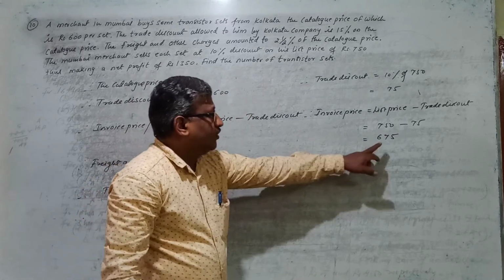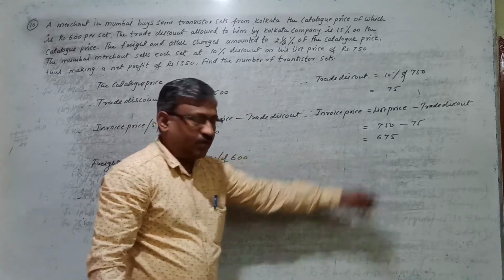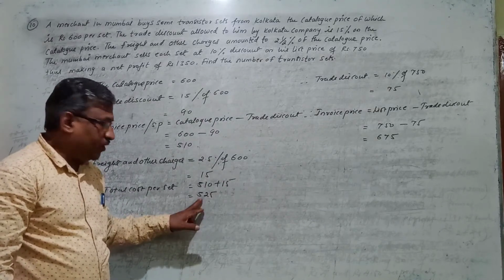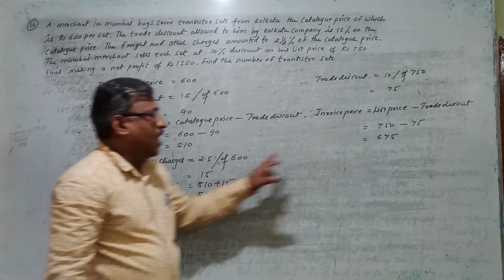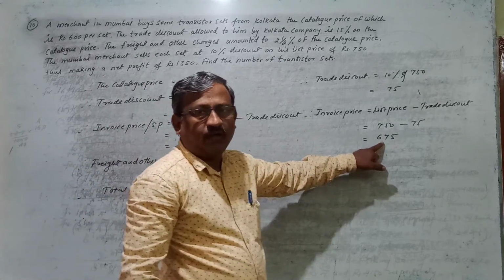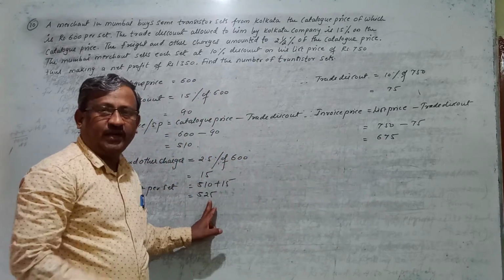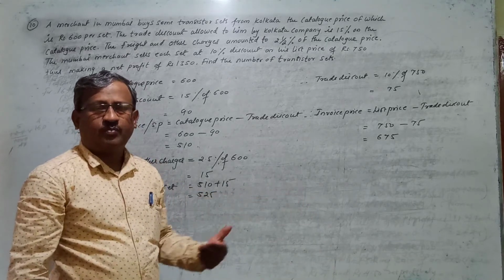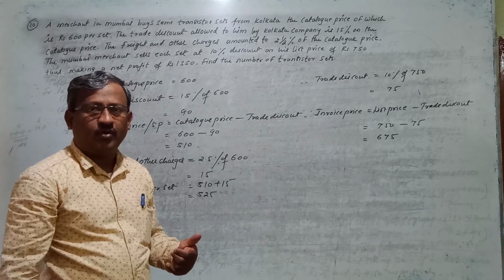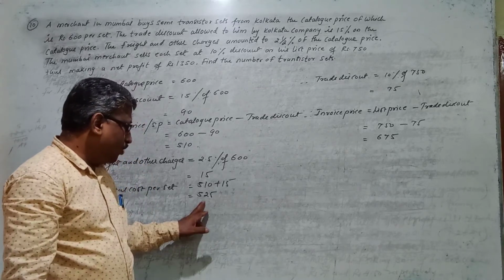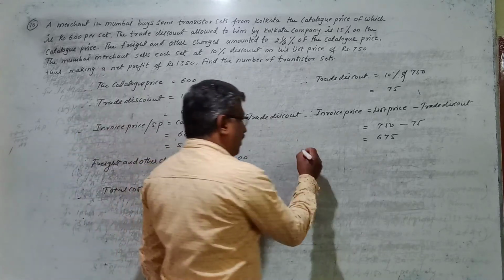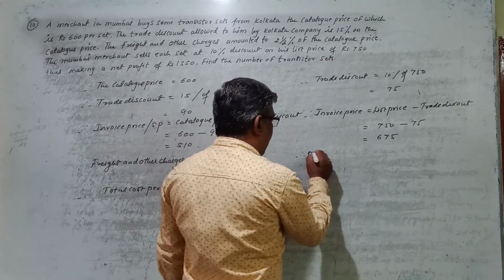Means this is the selling price of the Mumbai merchant, and what is the cost price to the Mumbai merchant? It is 525. Means he has bought it at 525 and he is selling at 675. So he is selling for more than its cost price, so naturally he is at profit only. So what is the profit earned per set? That profit we have to calculate. Now we know the cost price and the selling price of the Mumbai merchant, so we can easily determine the profit per set. Now we calculate the profit.